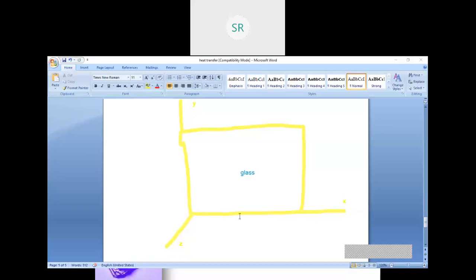Plywood is made up of different compositions, so its composition is different in three directions. That is why plywood is a non-homogeneous material. Similarly, powder coated steel is a non-homogeneous material. Why? Because it is powder coated, it is not pure steel. Again, its composition is different in three dimensions, so that is a non-homogeneous material.